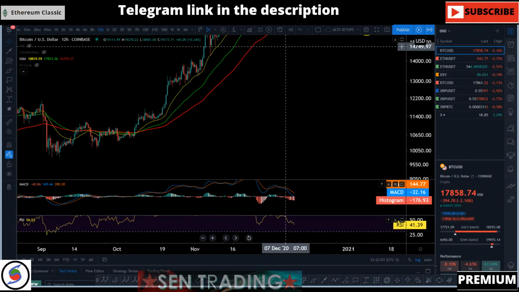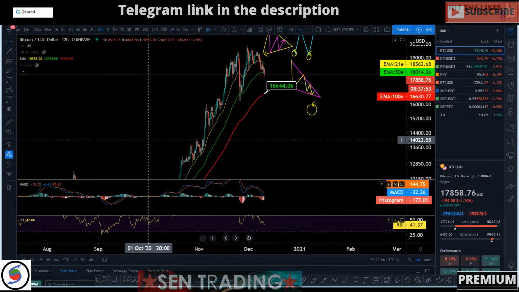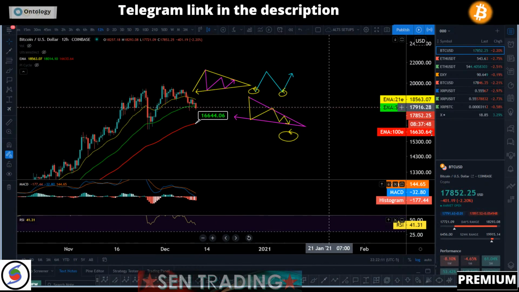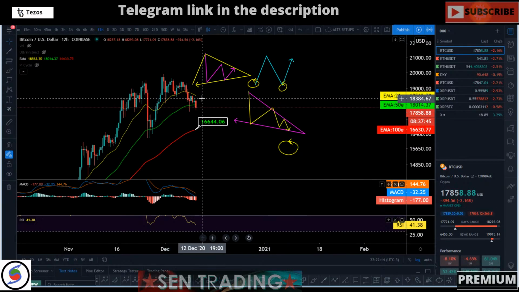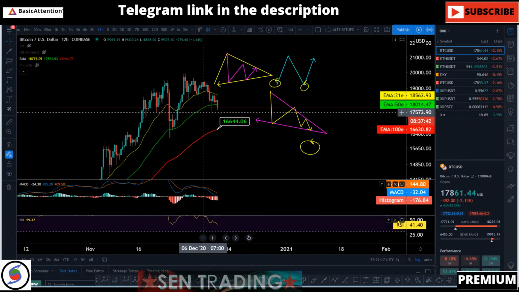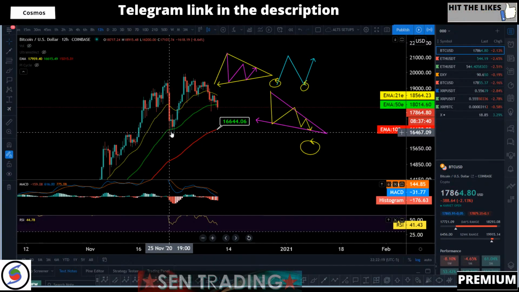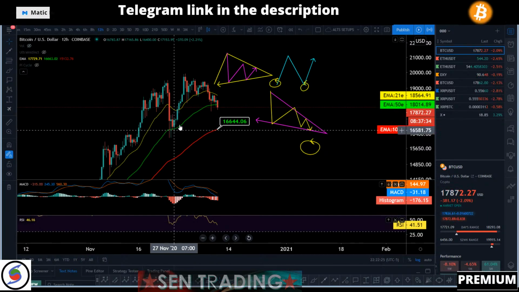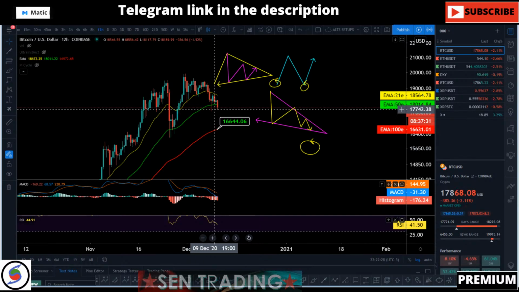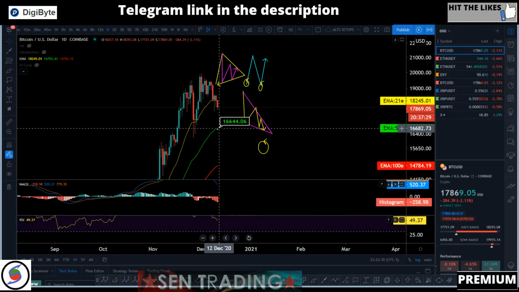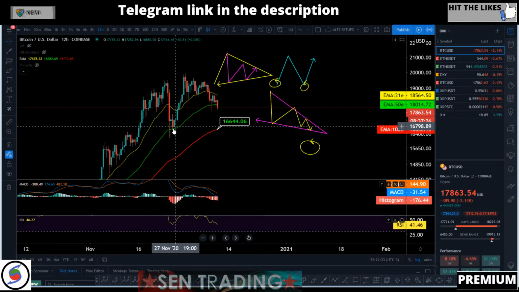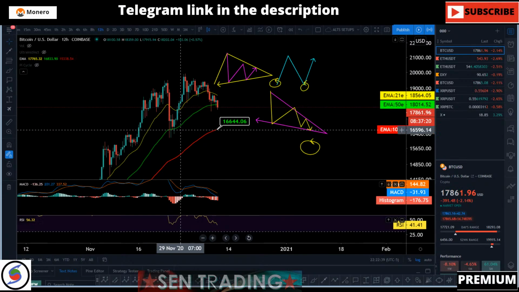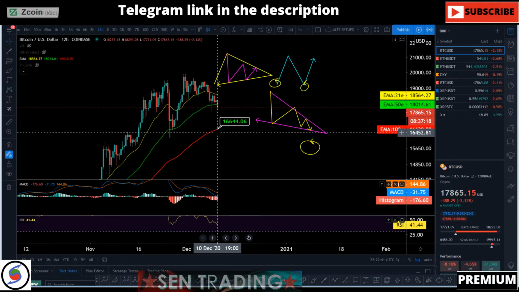Sometimes I just don't like to use too many lines, and that could create too many confluences and then too many possibilities. For instance, right now, if I only pay attention to my 50 EMA, I'm going to be extremely bullish, because I'm going to be like, man, look at my 50 EMA right now, it supported the price right here, so we're not going to break it, right? But that's not the case. I'm paying attention to the 12-hour 100 EMA, not the 50 EMA, because the 50 EMA we already retested and I was bullish, and I'm anticipating a possible break below it and a retest of the 100 EMA, right?